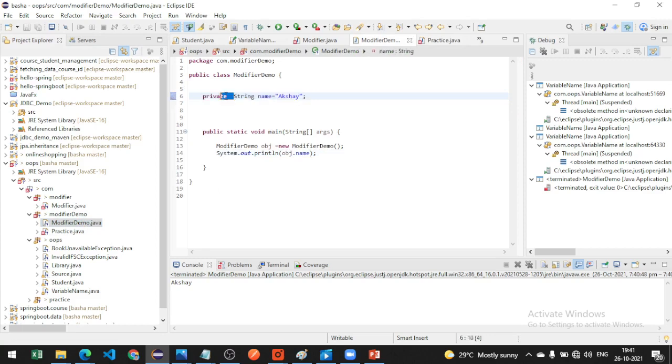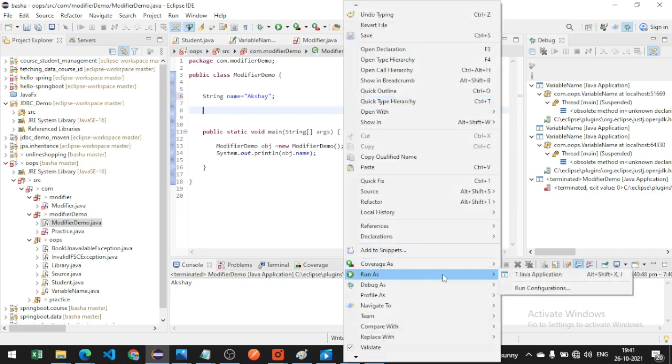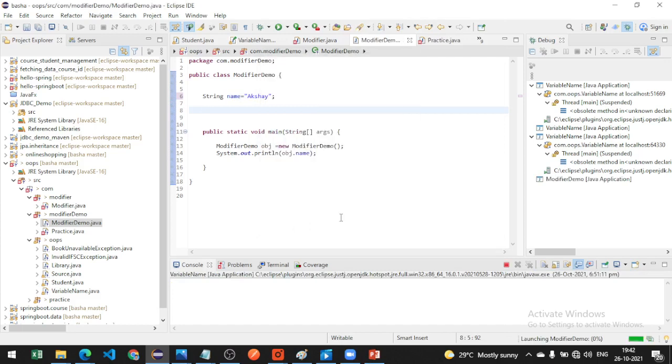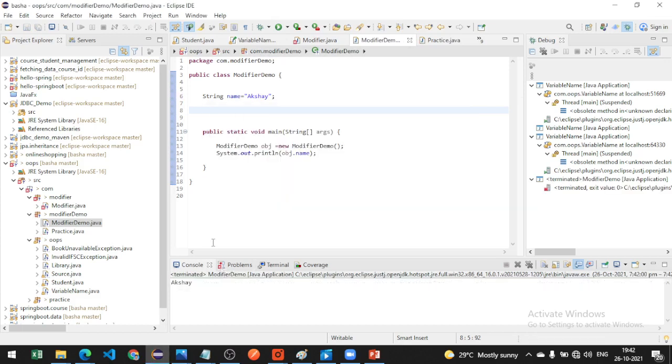This is our default modifier. Now what happens? It shows the output in my class, but it doesn't show in another package.